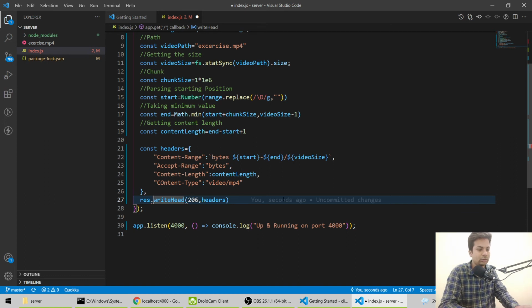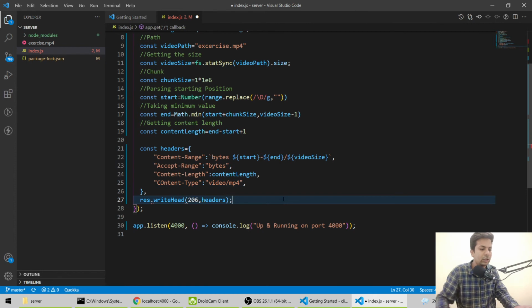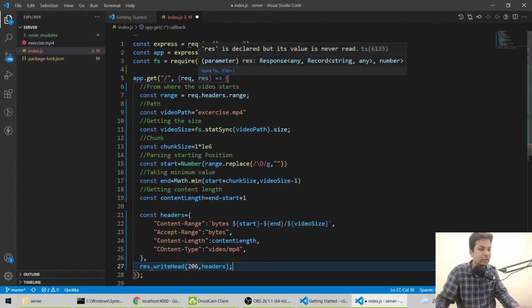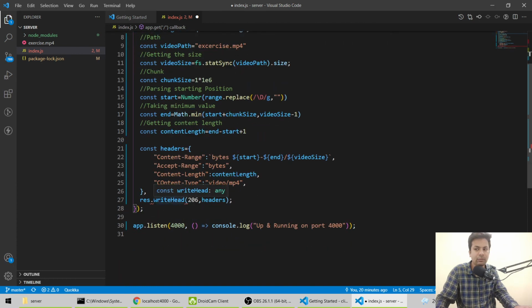Res dot writeHead, brackets, 206, headers.